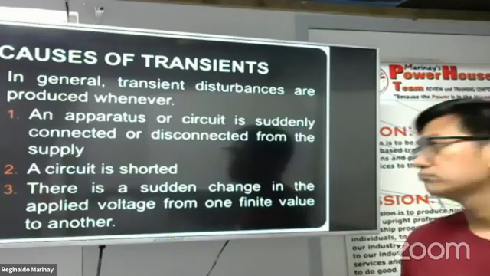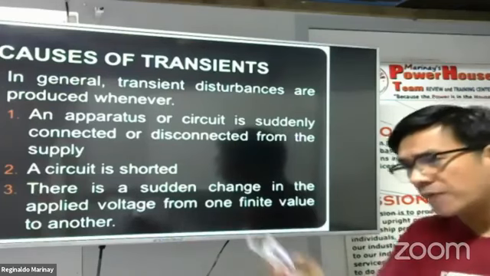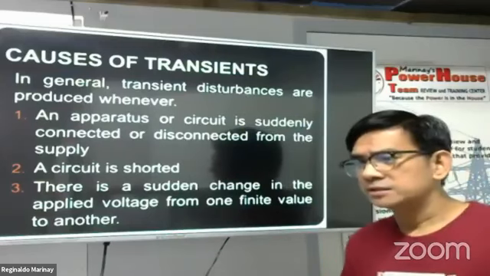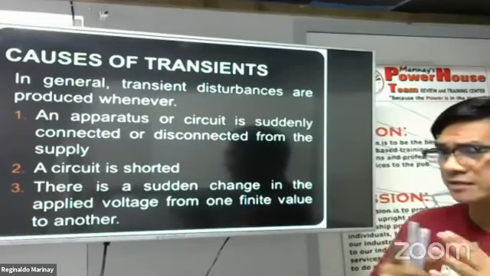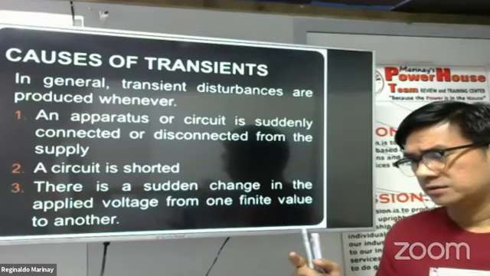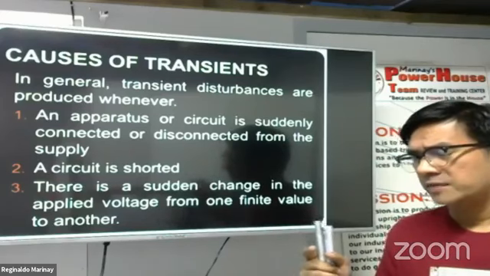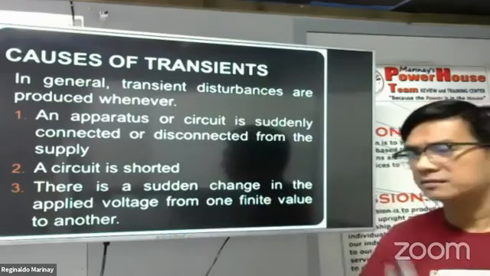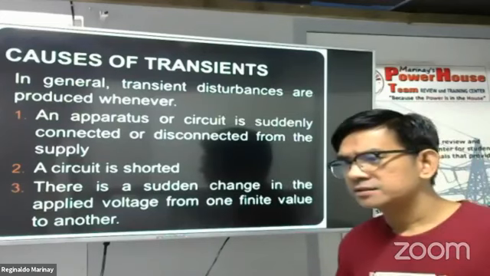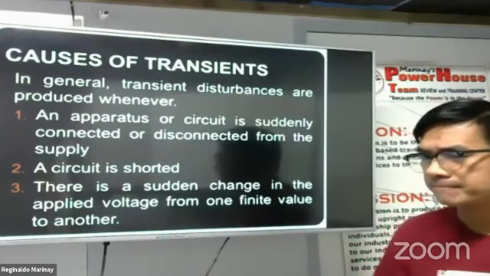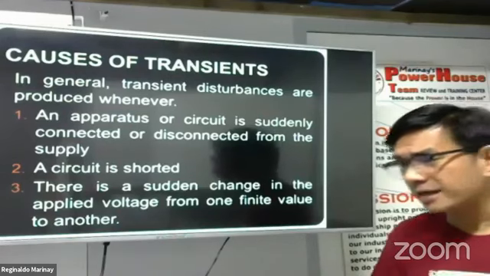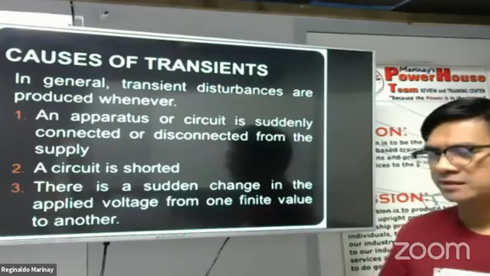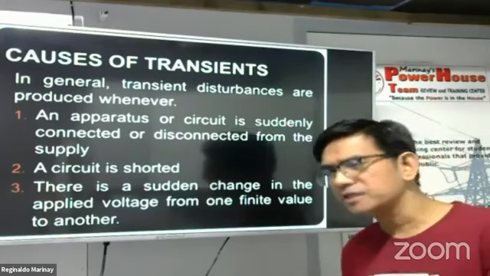And also, if you have, let's say, a capacitor bank, when you turn it on and turn it off, there is a transient effect. Even if you have a large transformer, based on my research, it can have a very high inrush current. That is a transient current. The inrush current is the current when you start, the starting current. It is also known as the starting current. This is the inrush current.